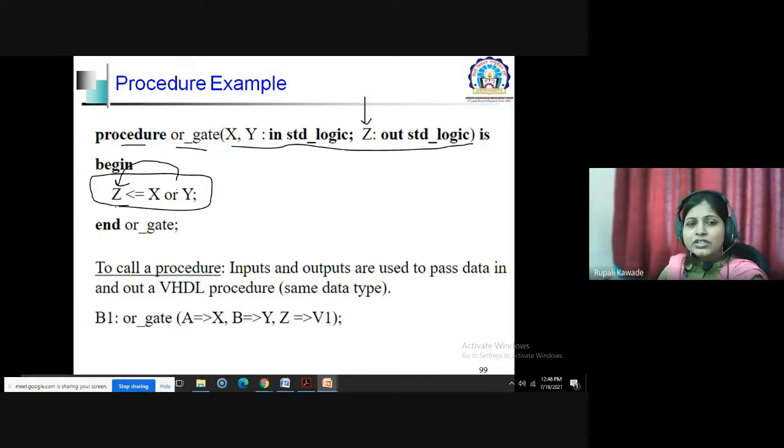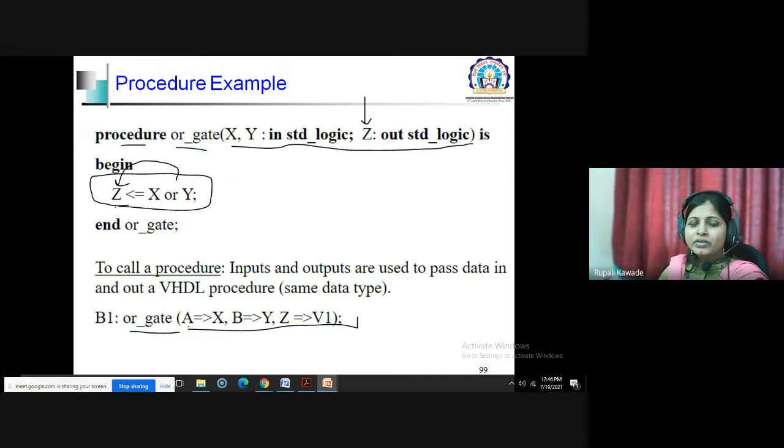Okay, so in the same way, for this procedure we can also have the procedure call statement. Okay, how to invoke that particular procedure. So you can see the name of the procedure, and here you are passing the values. We have parameters x, y, and z. So how will this be mapped?